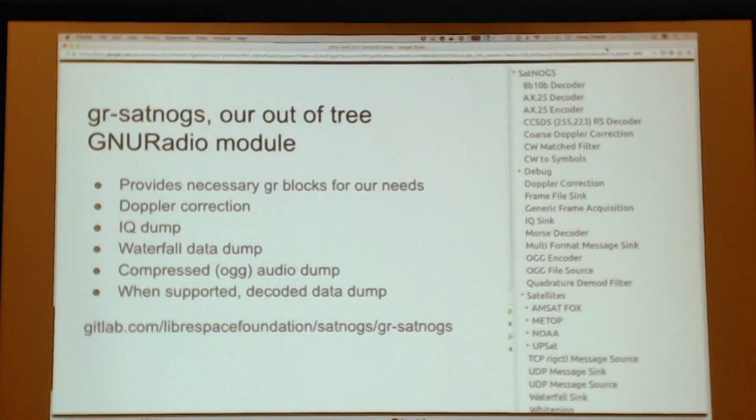I'll just touch on this a little bit just to give you some exposure into what we have going on under the hood on the Raspberry Pi. We use GNU Radio with our own custom blocks on top of that. So we have a package called GR SatNOGS, which is all of the out-of-tree blocks that we need for our decoding and for the Doppler shift and what have you. You can see some of them here. I don't even know what some of these are,